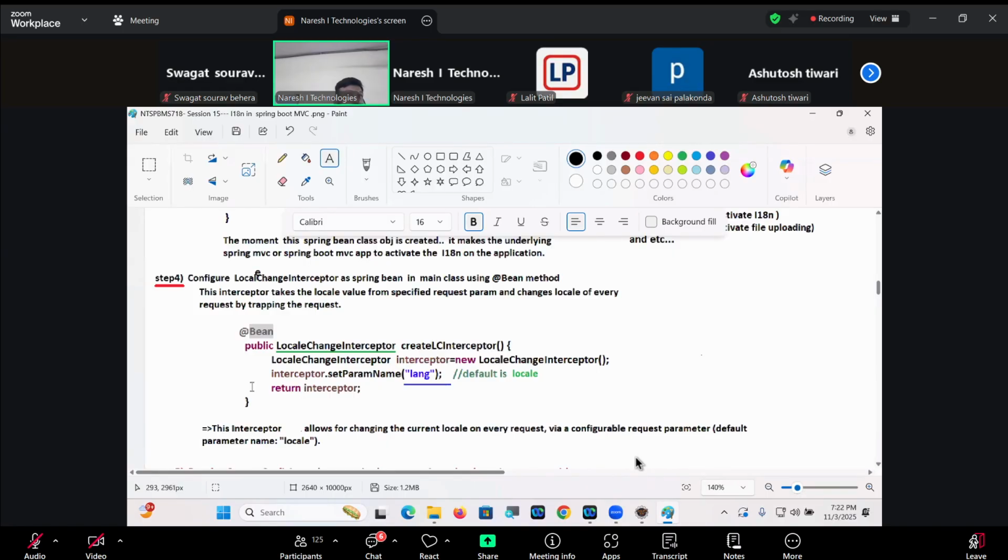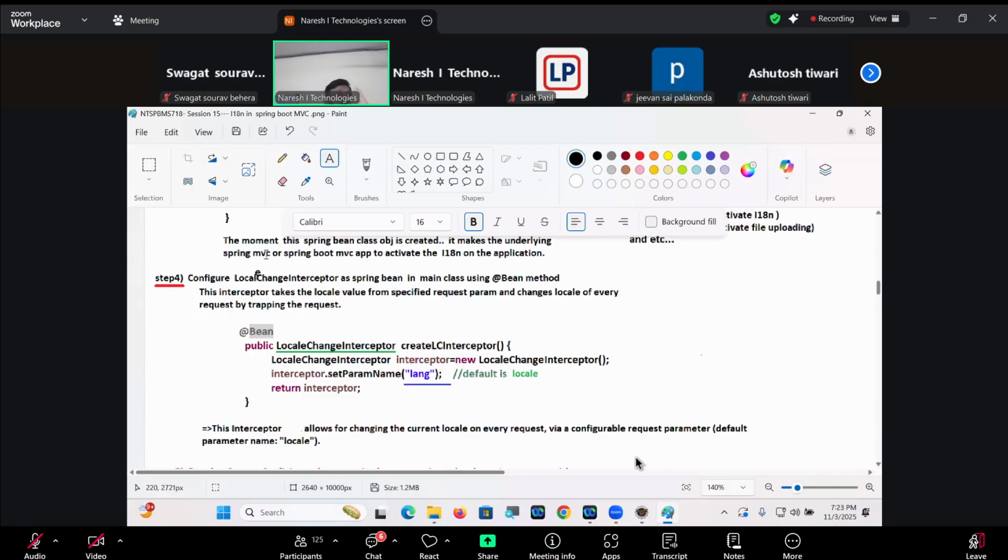lang. Okay, the previous one was to activate I18N on the whole application. This one is for what, guys? To trap each request. That's why we first discussed interceptors, right? Only the thing is, the other day we developed a custom interceptor. Today we are dealing with a ready-made interceptor.